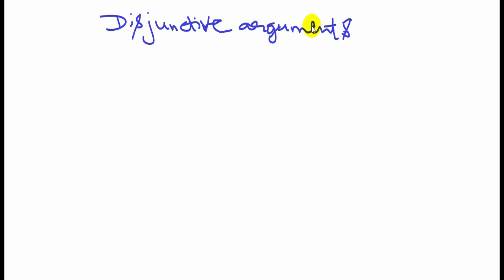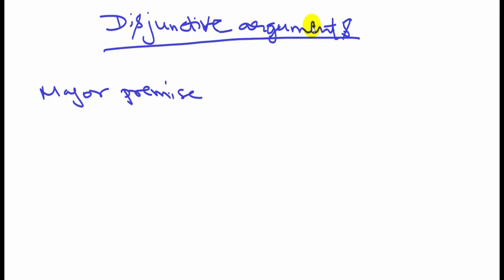To explain in short, in a disjunctive argument, the major premise is a disjunctive proposition, P or Q. This is "or," symbolized as P or Q,